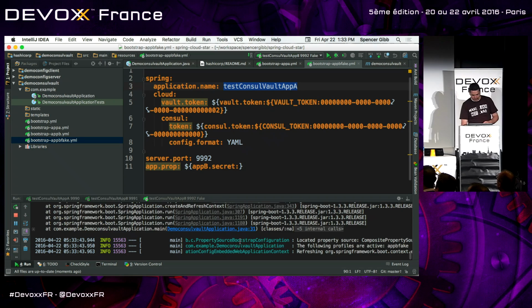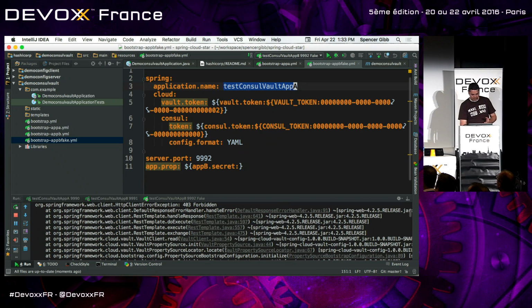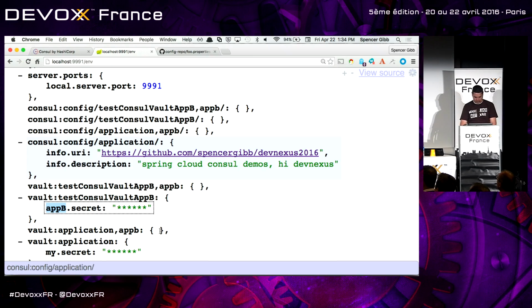And the reason that exception scared me is because that's part of my demo. You see a forbidden here, that app B using app B's token got forbidden in, let's see which port this is, 992, is on.